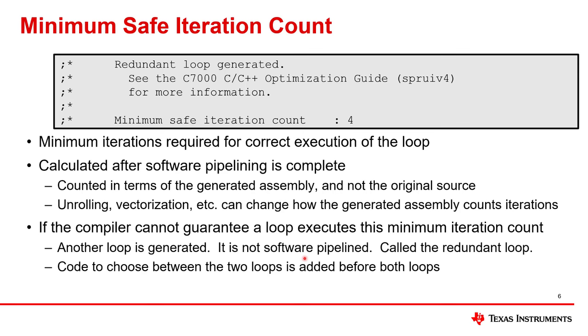And remember the little branch, the test and the branching that was happening inside the outer loop? That was the code to choose between the 2 loops that is added before both those loops. Remember there was this, if j is less than 3, do this, or j, I can't remember the exact, but it was something like that. Okay, there's code to make that choice, and that code executes at runtime every time through, in this case, the outer loop.